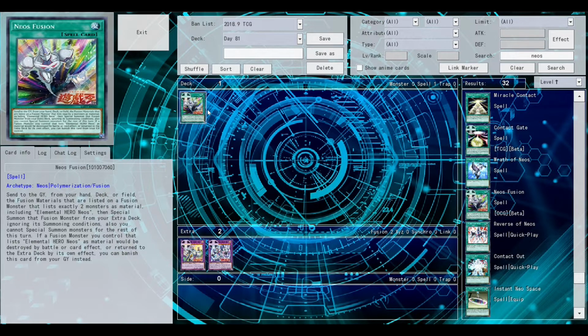If a fusion monster you control that lists Elemental Hero Neos as material would be destroyed by battle or card effect, or returned to the extra deck by its own effect, you can banish this card instead. This is perfectly fine. It provides basic protection for the Neos fusions, which don't have much protection of their own, and prevents them from being shuffled back into the deck, which was the worst thing you would want to happen. So this card is definitely interesting, and I think it's a definite...